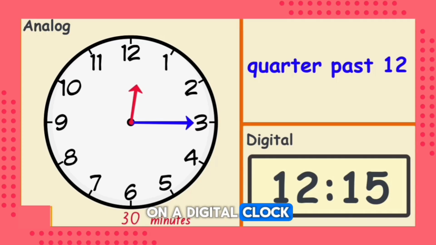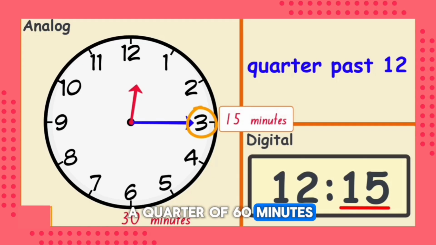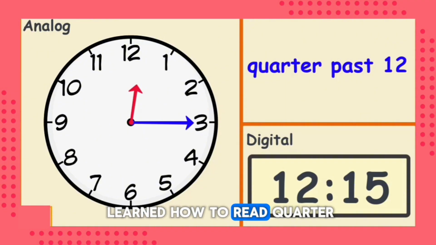On a digital clock, it would read quarter past 12 because we are in the 12th hour. And a quarter past means only 15 minutes has passed the hour, since 15 minutes is a quarter of 60 minutes. Now that you have learned how to read quarter,